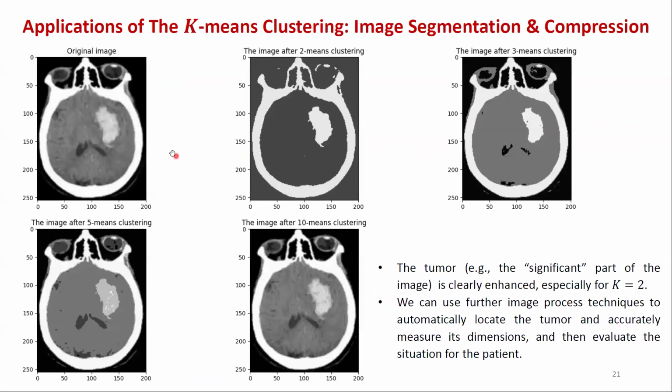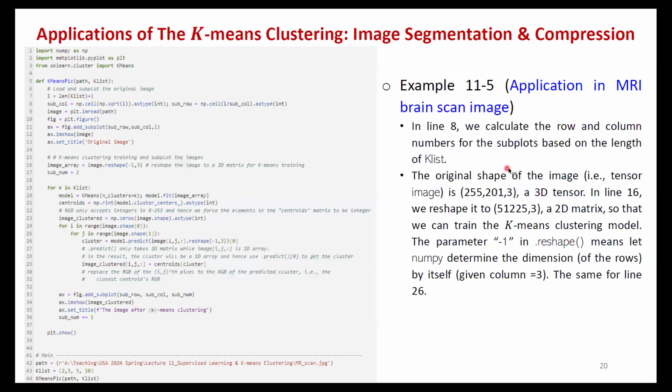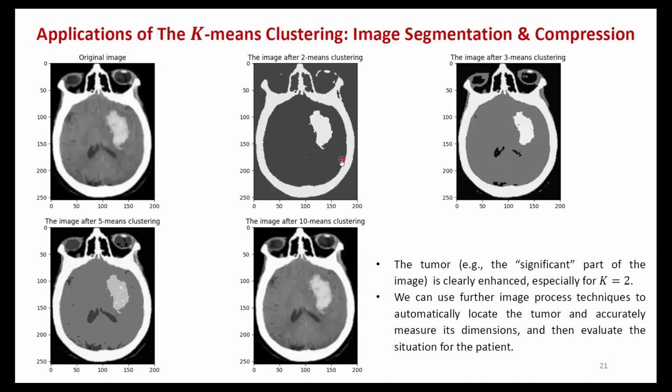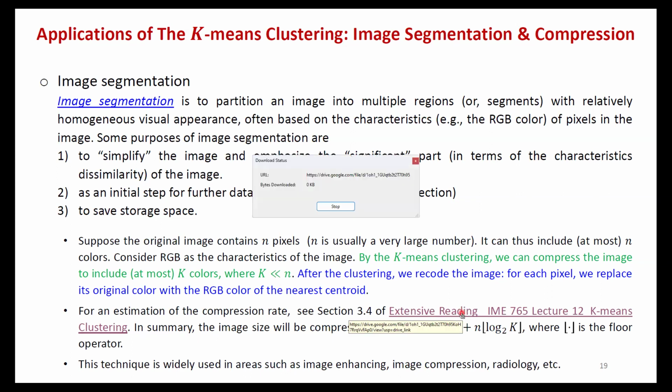Later you will see examples where I make the whole picture include only two colors. So think about the original number of dimensions you have, and here you only have two dimensions. That could be a huge dimension reduction. And here someone actually proposed something, and I just cited it.